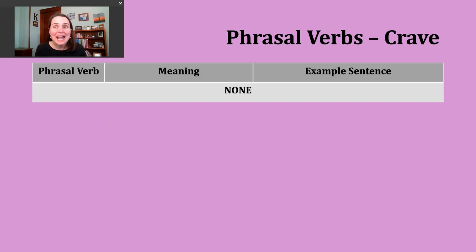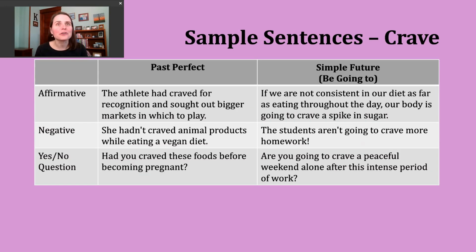Okay. Now you might be happy to know there are no additional phrasal verbs for us to study or learn today. So instead, we can do a little verb tense practice. Today, I thought we would review the past perfect and the simple future with a focus on be going to. Let's start with the past perfect. We use this verb tense to describe a completed action. But what makes it a little different than just the simple past tense is that we are trying to stress that this action occurred before a certain period in time or before another action.